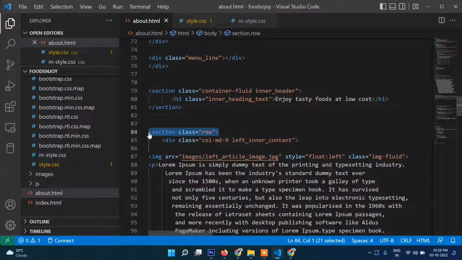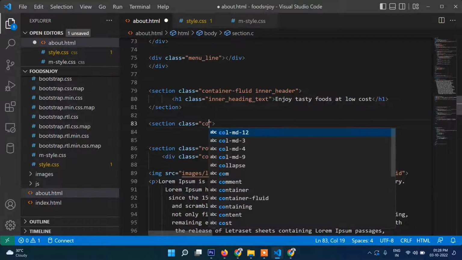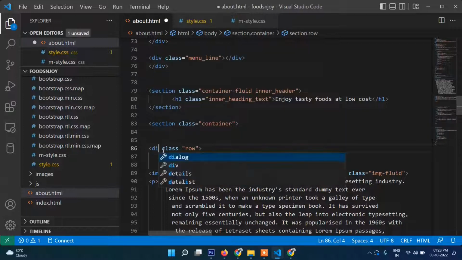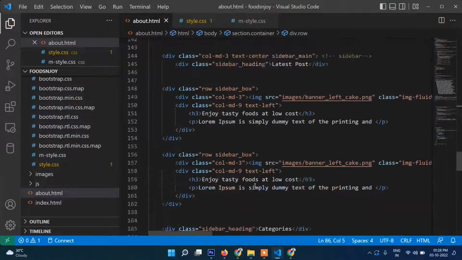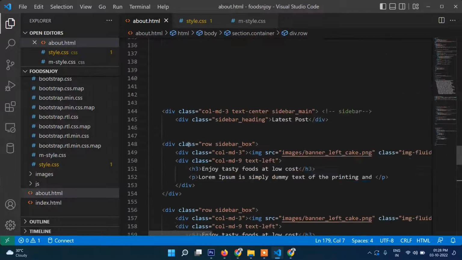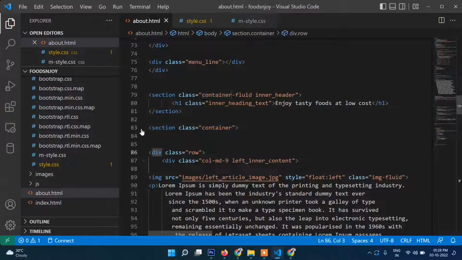Let's make this complete section a container. This should have been a container, and then this will be a simple div, and below also, here the first section is closing and one more div will close. So what I did, I put this inside a container, so everything is inside the container, then this row,